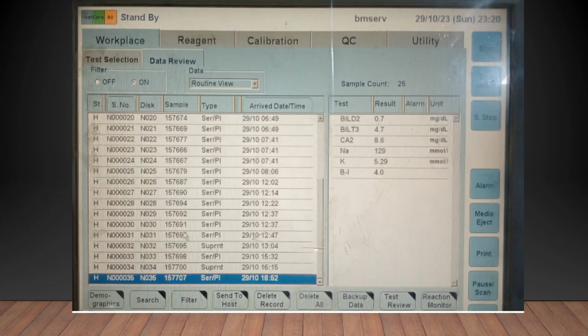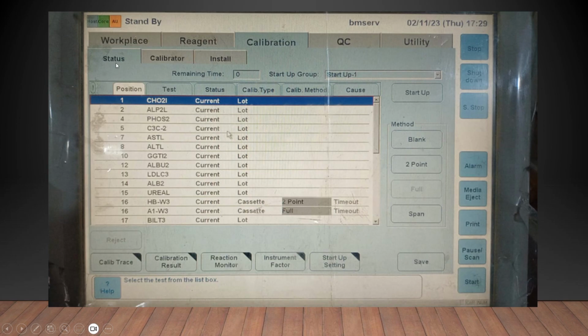Welcome technicians. Today we look into how to do calibration in our Cobas C311 instrument. Do remember that for doing calibration in this instrument, there is no need for the instrument to be in standby. Even in sampling stop we can do calibration. You just have to go to calibration, then status, and the moment you go,